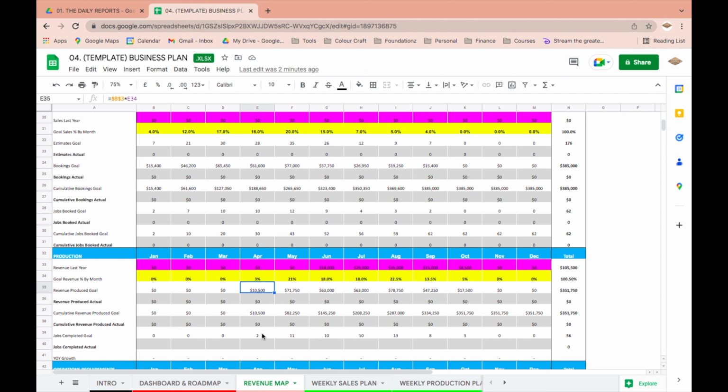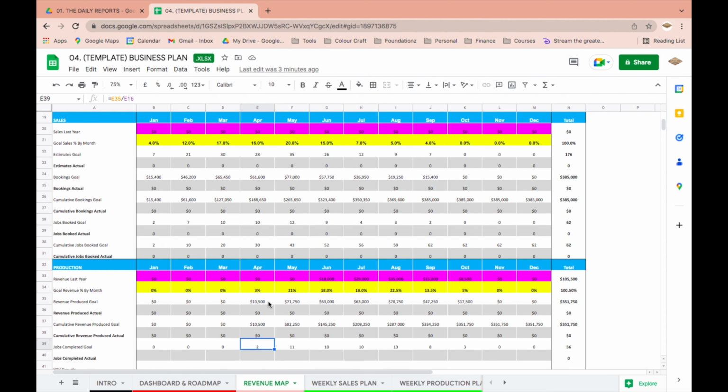So that means we need to complete and produce 2 jobs, which is based on our average job size. Again, it's dividing it out. In May, we're going to need to produce $71,000. So we're going to have to produce 11 jobs. So again, it's divided by the average job size. And that would mean by the end of May, we're at almost 100 grand in produced revenue. And that moves all the way through until the end, which would bring us to a cumulative total of our production goal.